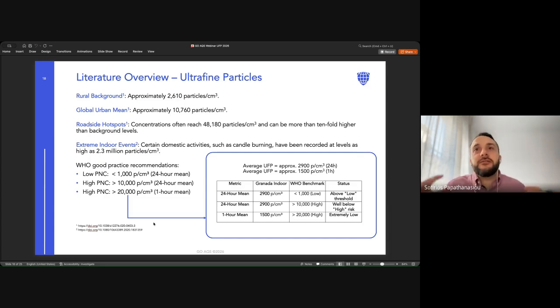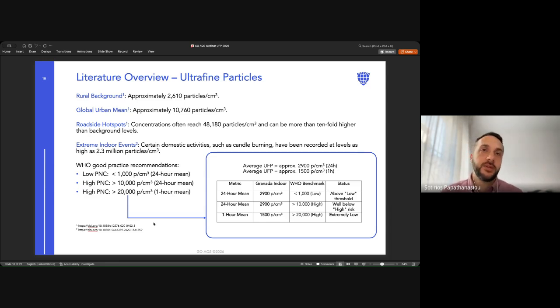I also tried to see if there is any recommendation out there regarding limits and different concentrations of ultrafine particles. According to some papers I found, for rural background, they say approximately 2,600 particles per cubic centimeter. The global urban mean is around 10,000 particles per cubic centimeter. A roadside hotspot can have concentrations up to 48,000 particles per cubic centimeter, which is about 10-fold higher than the background level. And indoors, when events happen, like what I have mentioned earlier, concentrations can go up to 2.3 million